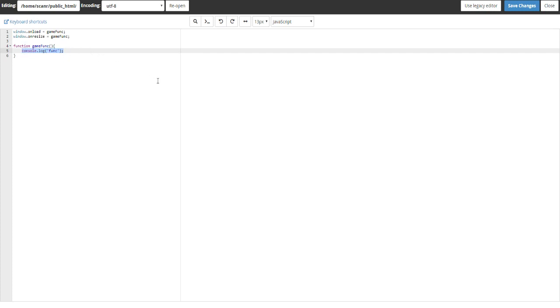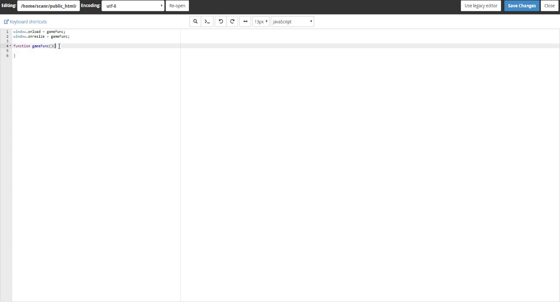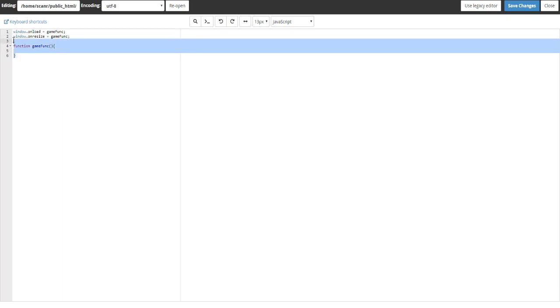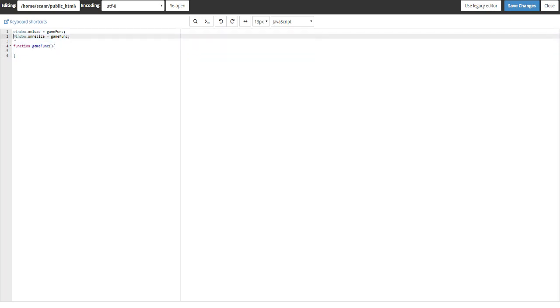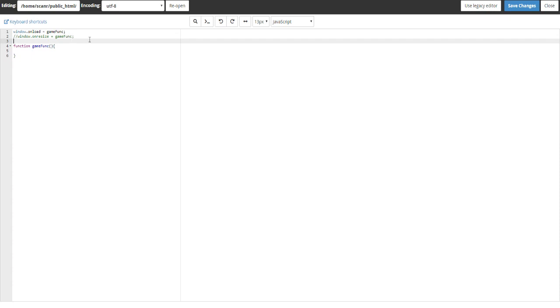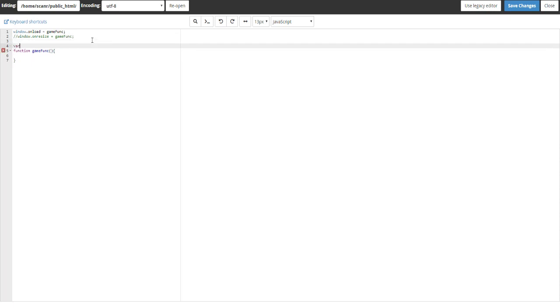And so what we're going to do is actually set up some variables inside of this. In fact, you know what? I'm going to keep it really simple. Let's not even handle resize. Let's just assume they're not going to resize their browser in the middle of the game. I don't want to get into too many fancy things for this. So the first thing that we need to do is set up some variables here. And so what I'm going to do is just do that up top. I'm going to say var game